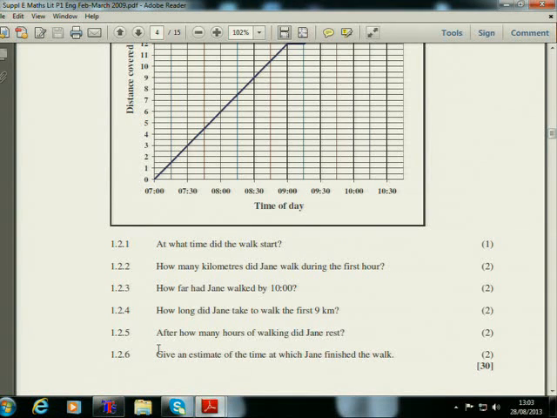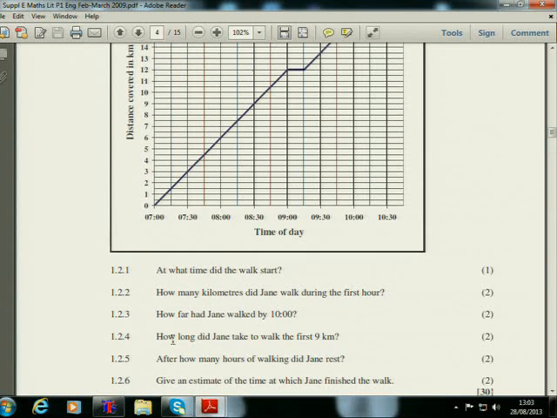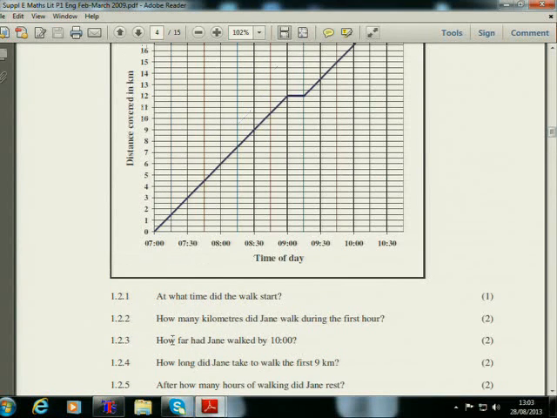After how many hours of walking did Jane rest? Now we will go back to our graph. You'll see that the place where Jane rested is represented by that straight line. You'll notice that the kilometers are the same, but the time goes. Even if Jane rested, time still went on, but the kilometers were not added up because she was resting during